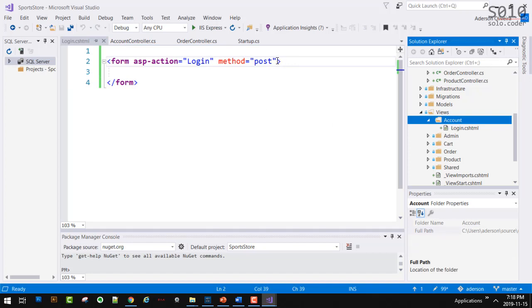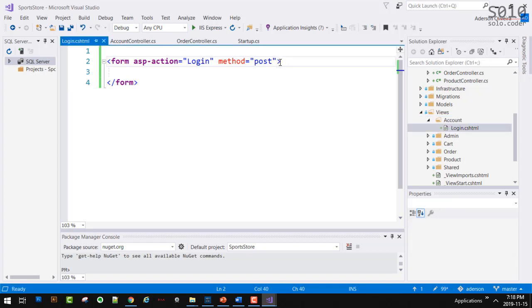Okay? So there's nothing wrong with putting it here, but because I'm inside the same controller, I don't have to put the controller name. Let's start to work inside the form. I'm going to make this form very basic. I'm not going to use a lot of markup. I'm going to keep it very simple. I'm going to just say name.